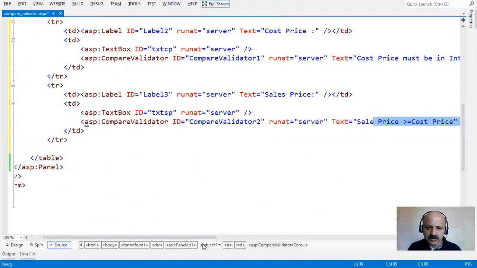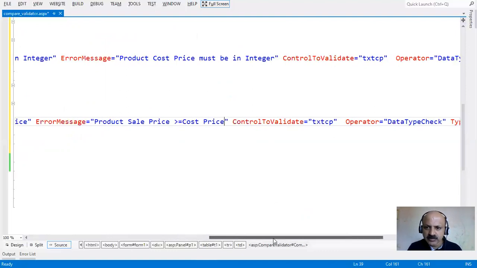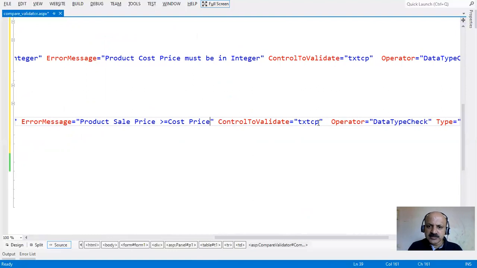So here: product sale price greater than cost price, and control to validate, that's this ID